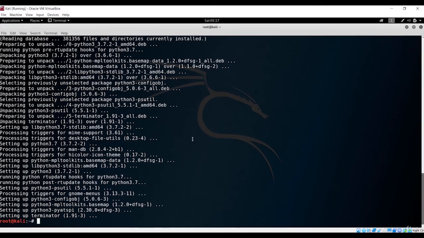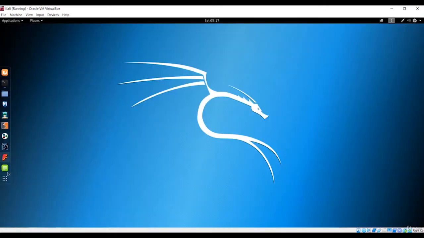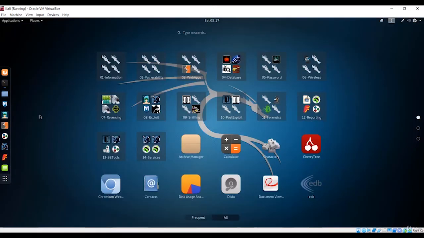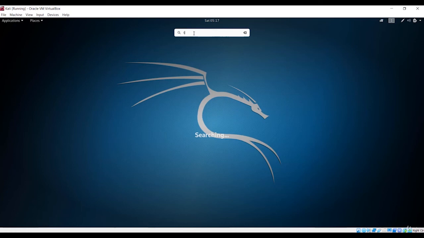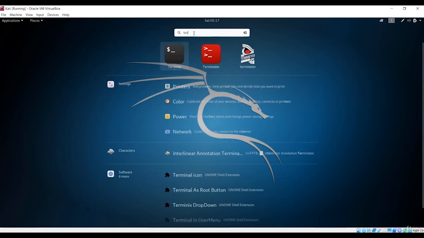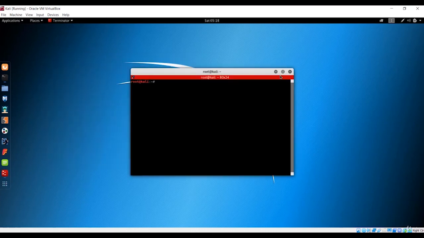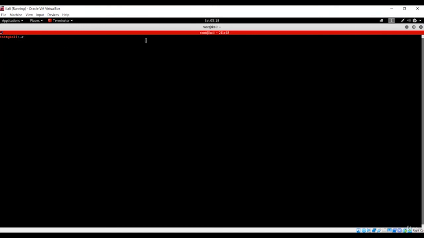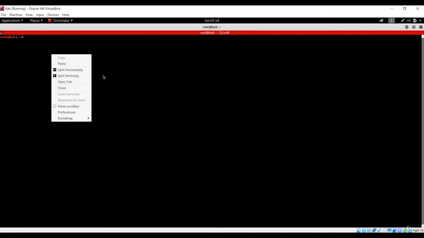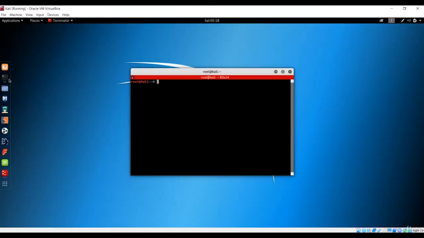So we have successfully downloaded the Terminator. Let's go back again here and search for the Terminator. There has been lag in the processor, so let me search for Terminator, and it is right here. When I press the Terminator, it is going to give us the same screen as the terminal, but it has more functionality than the normal terminal which comes pre-installed in this